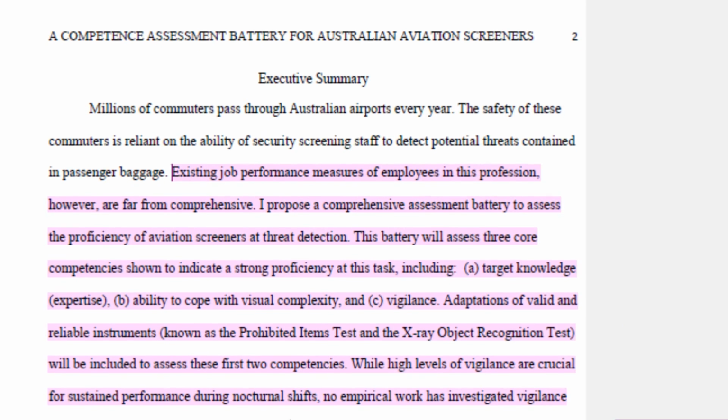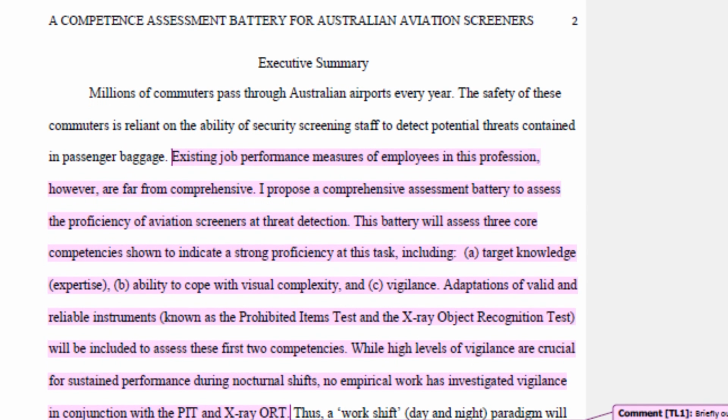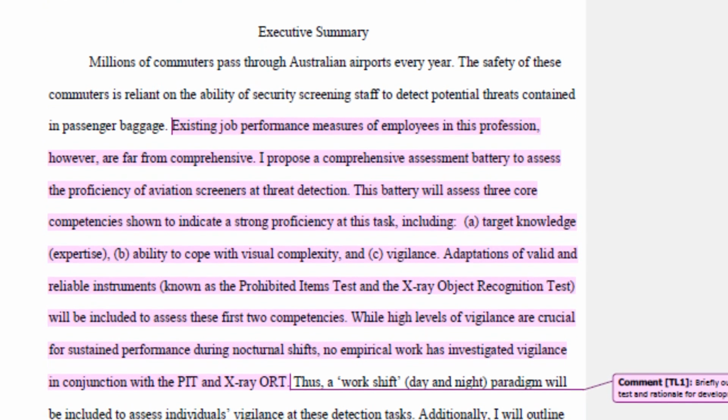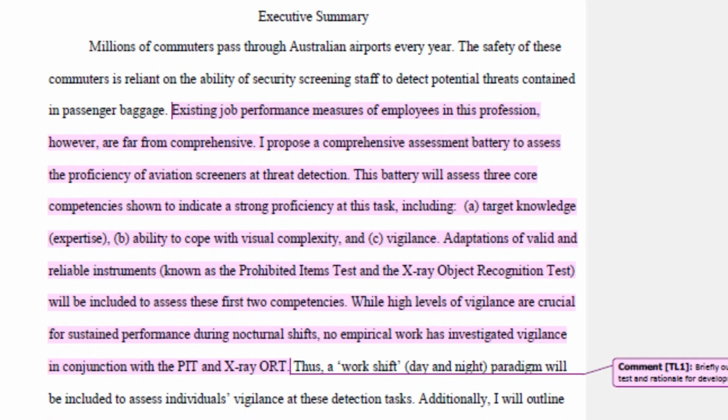So what is this assignment all about? It's a research proposal that you're going to be writing describing how you will create and validate a novel test or battery of tests to measure people's skill or ability in a specific real-world domain. So imagine that you're an academic or a consultant with expertise in human measurement. You've been invited to write a research proposal describing how you will create and validate a new test or battery